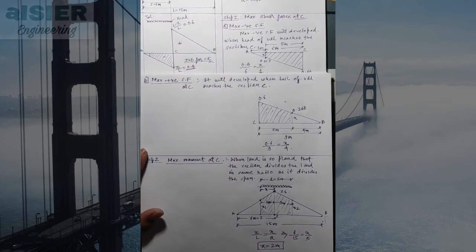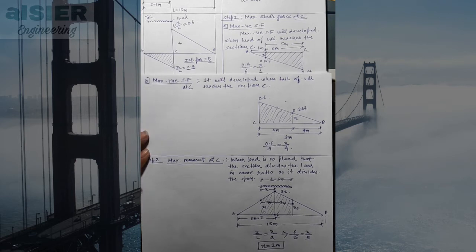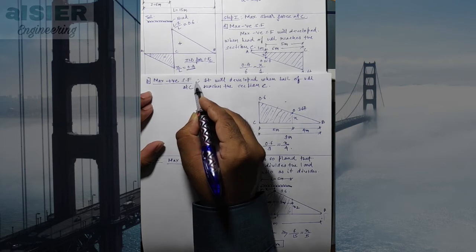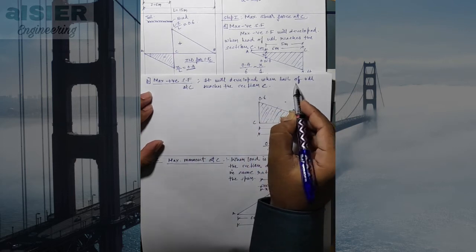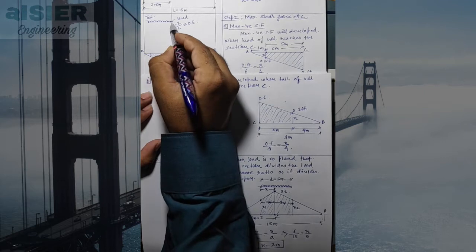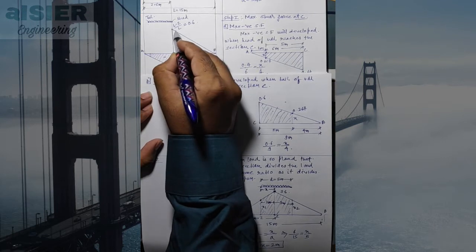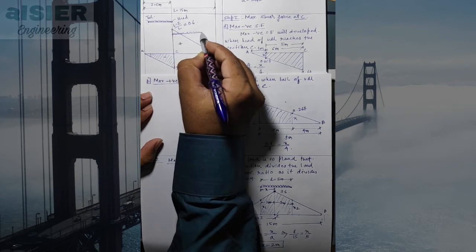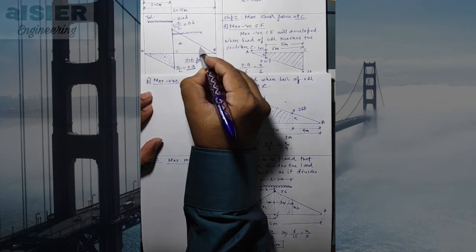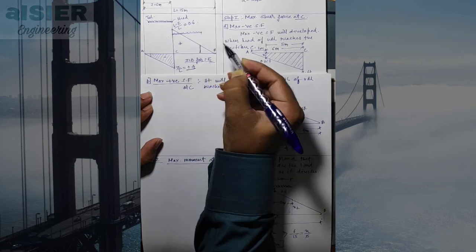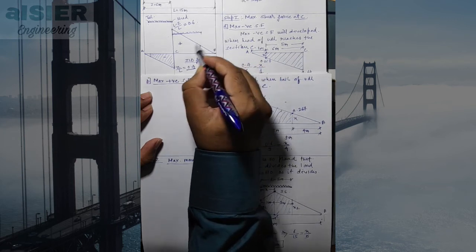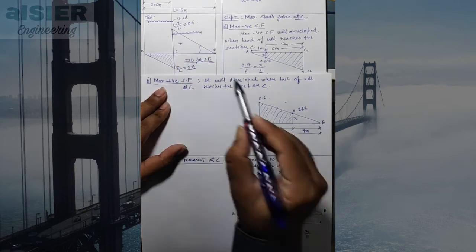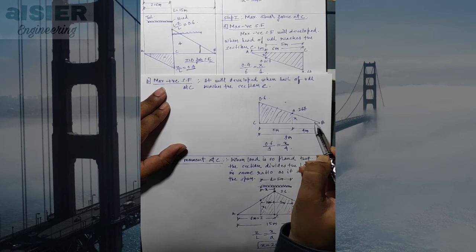Okay. So in the next step we will calculate the maximum positive shear force. Maximum positive shear force occurs when the tail of the UDL reaches the section, which means the UDL will be like this. We know the length of UDL is 5 meters, so we will get a section here. So what I did, I have drawn this figure here. We know this is B, this is C and this is 0.6.